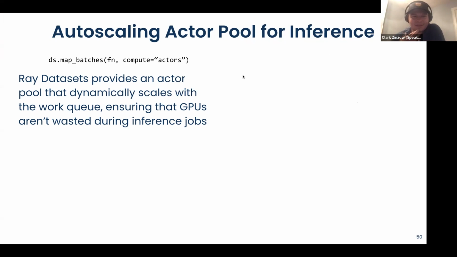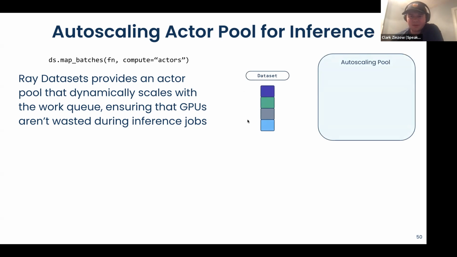Sweet. Then in this case, this actor pool is pretty nice. It dynamically scales based on the size of the work queue, and this ensures that, as opposed to allocating a gigantic static pool of GPU actors or GPU workers, we're not wasting these GPUs. So, for example, let's say we have a data set consisting of our favorite number of shards for this talk, 4 shards.